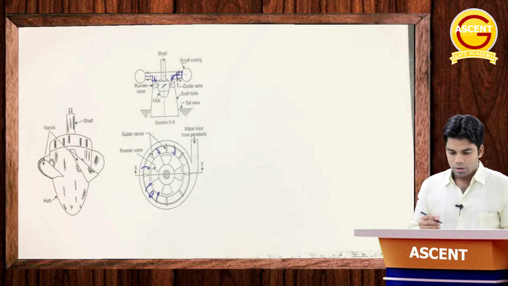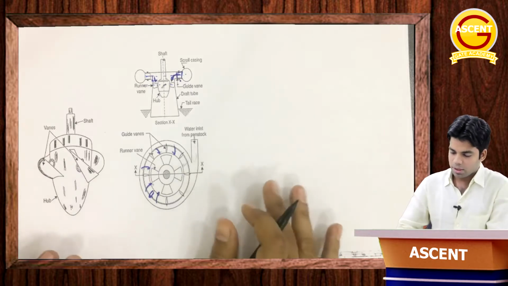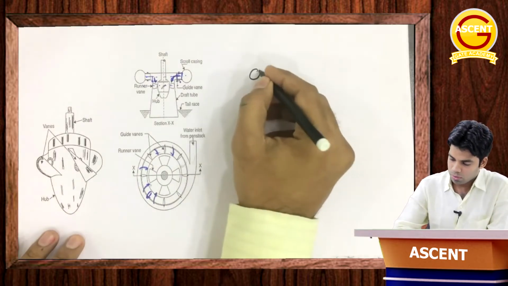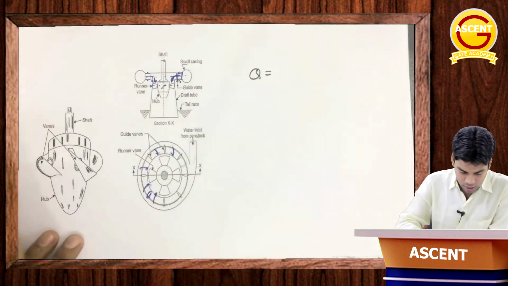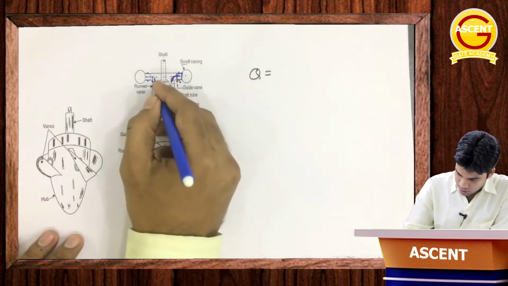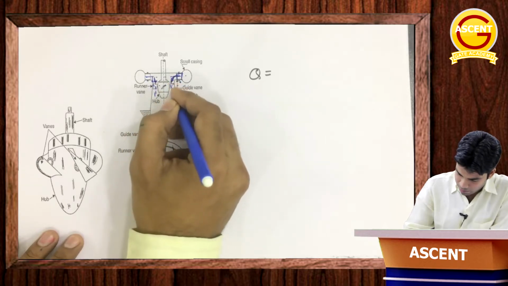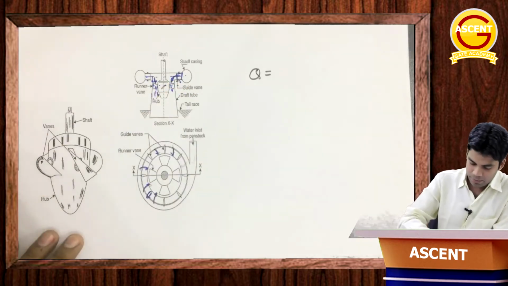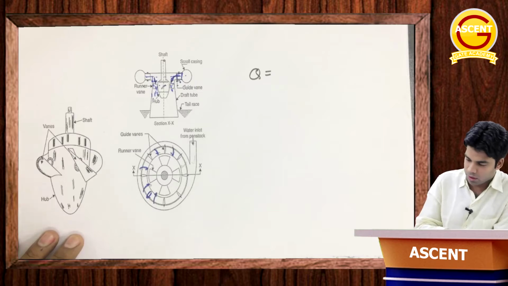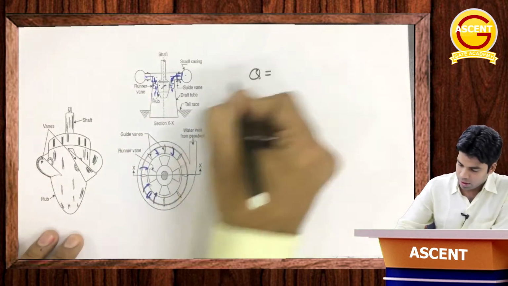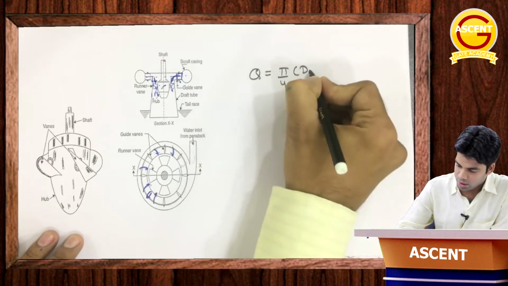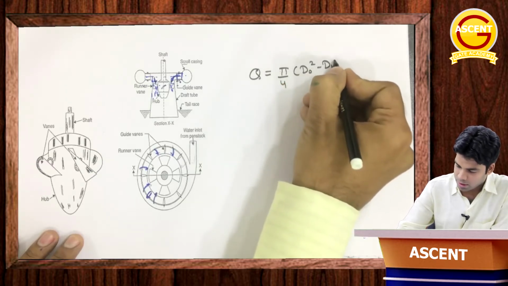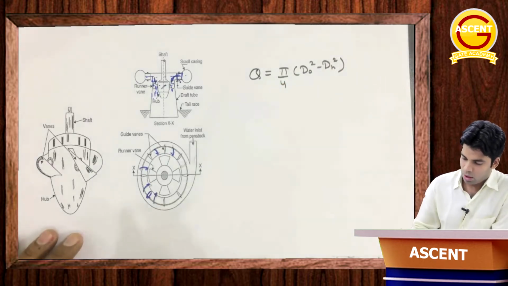Okay. Now how much discharge will be there? So the discharge Q, what will be the value of Q here? The water is passing through this gap, this complete gap. So this Q will be equal to the area, which is pi by 4 into D outer square minus D hub square. Okay, outer diameter,